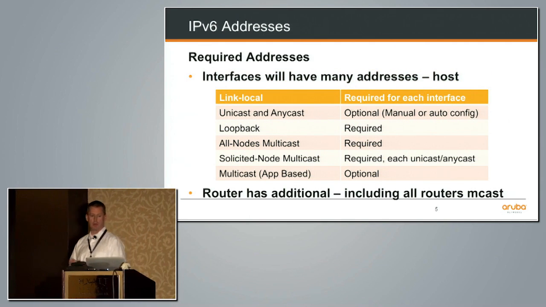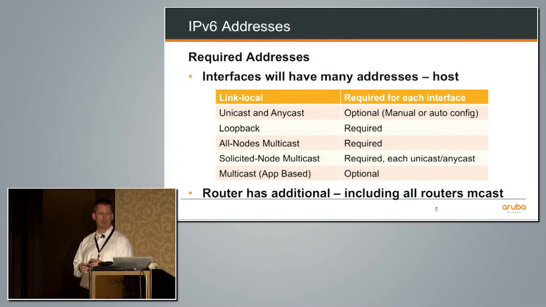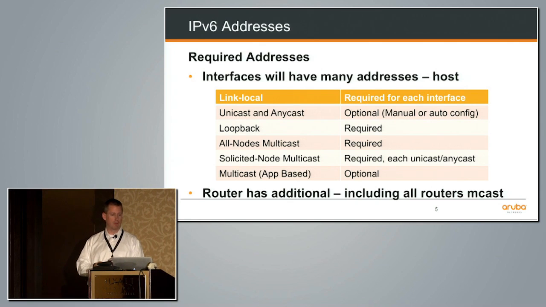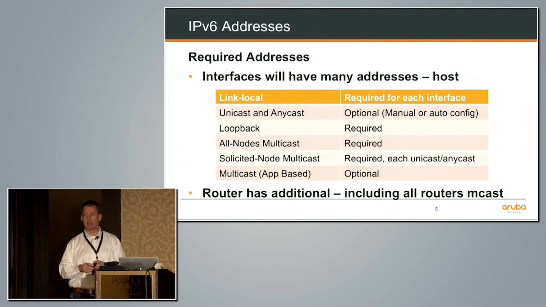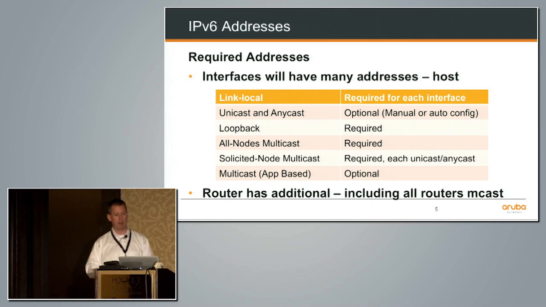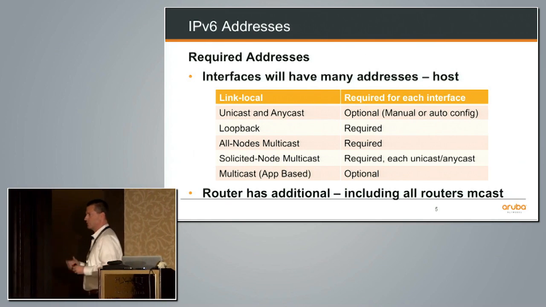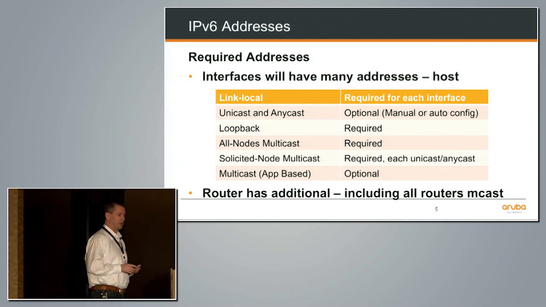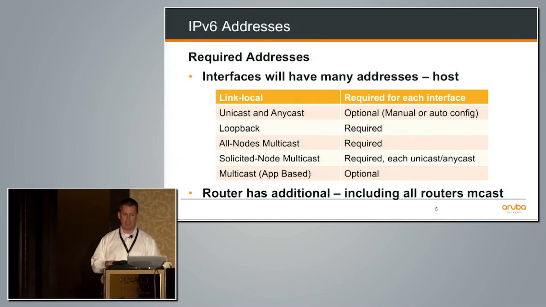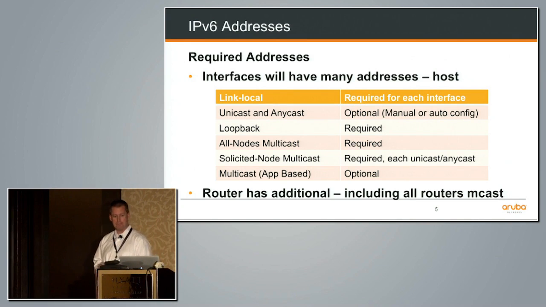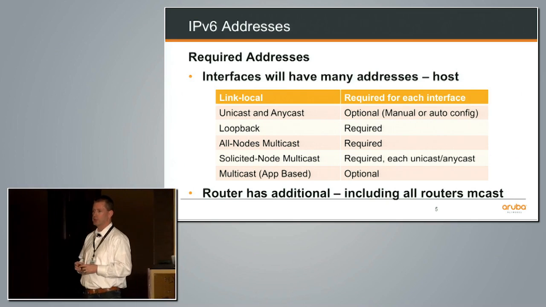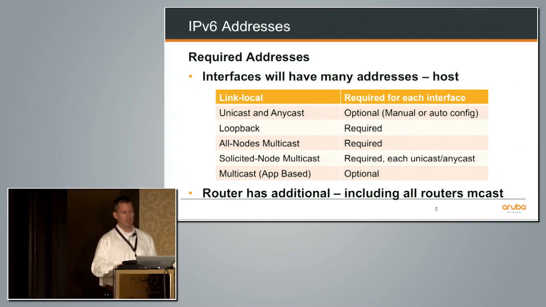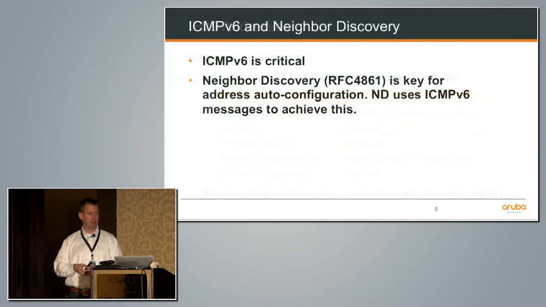So a couple of the requirements around it: which addresses are always going to be there, which ones are optional. Again, we'll have a unicast address. The anycast address may be optional. We may be doing that or not. The all nodes multicast, there's also an all routers multicast address that we'll use for more of the auto configuration piece that I'll get into in a second. Multicast is optional. And the bottom comment there, the routers will be listed on the all router multicast address for things like router solicitations and those kind of things. So just highlighting some of the different addresses that'll be there.